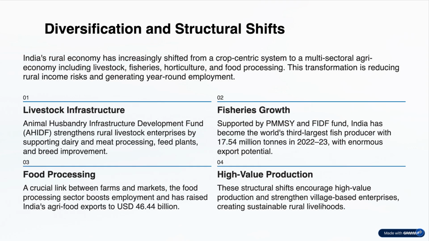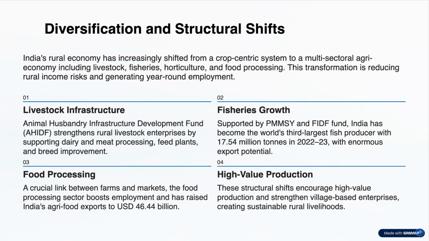India's rural economy has increasingly shifted from a crop-centric system to a multi-sectoral agri-economy, including livestock, fishery, horticulture, food processing, etc. Government initiatives like the Animal Husbandry Infrastructure Development Fund have strengthened rural livestock enterprises by supporting dairy and meat processing, feed plants, and breed improvement. Similarly, fisheries supported by PMMSY and the FIDF fund have propelled India to become the world's third largest fish producer, with 17.54 million tons